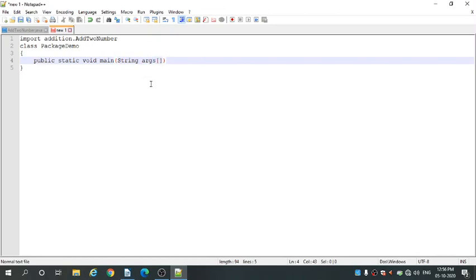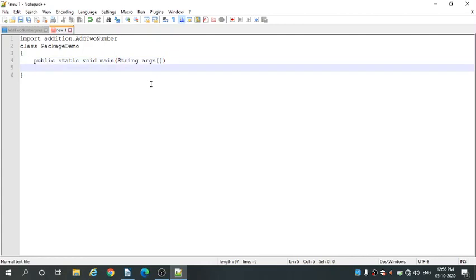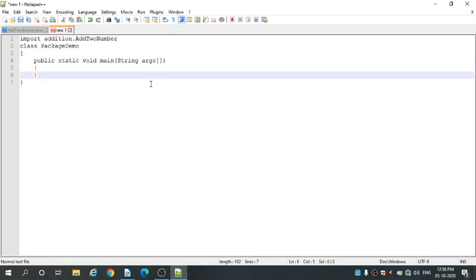Okay, inside the main method we are creating an object for the AddToNumber class. So add is the object for AddToNumber, new AddToNumber. Okay,